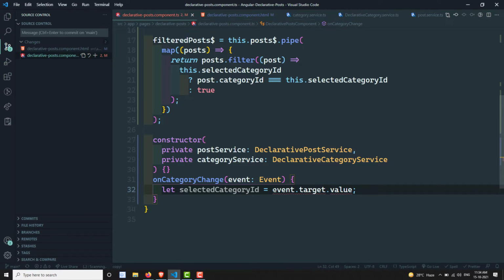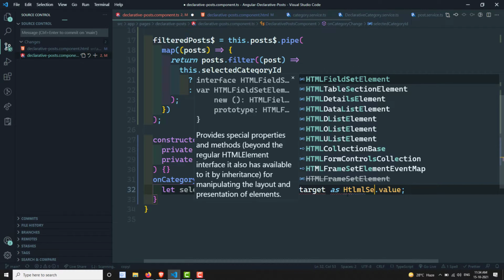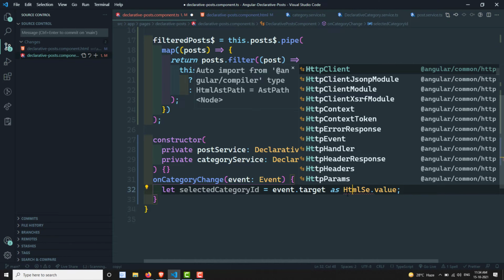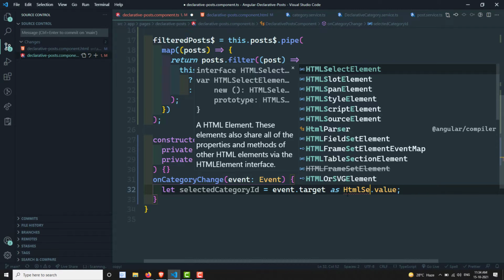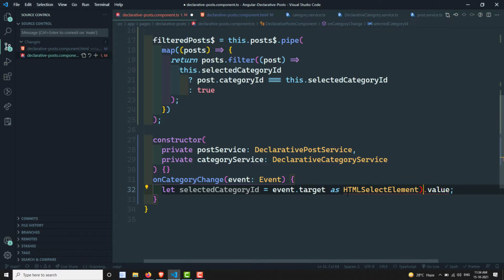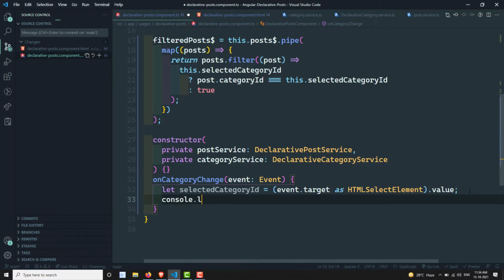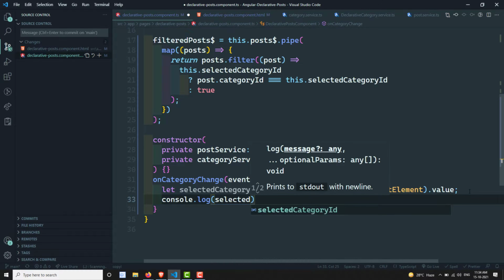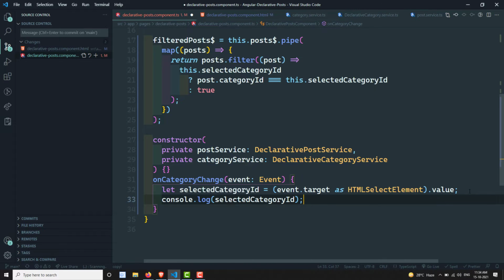We are getting an error here, so we can tell that it is of type HTML select element. From that HTML select element, take the value. Let's console.log the selected category ID.